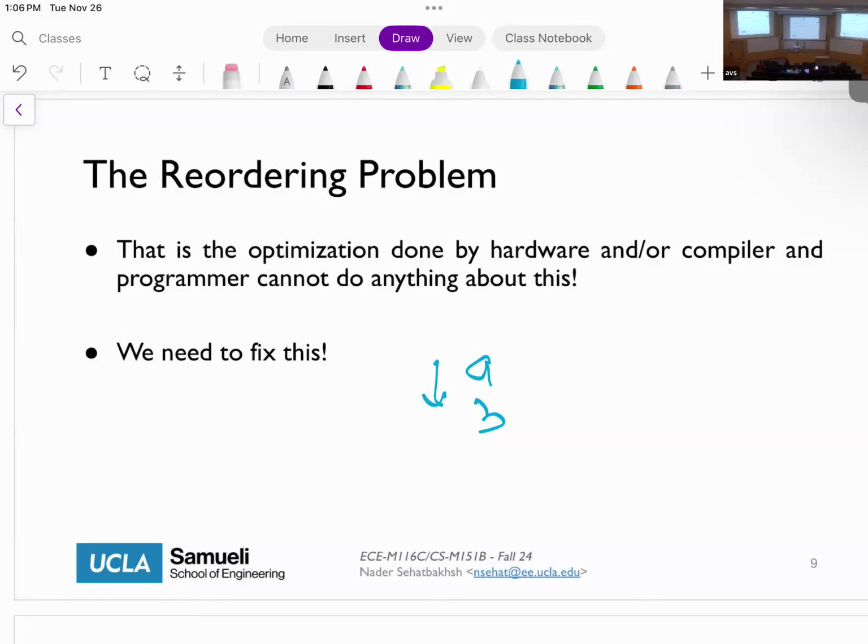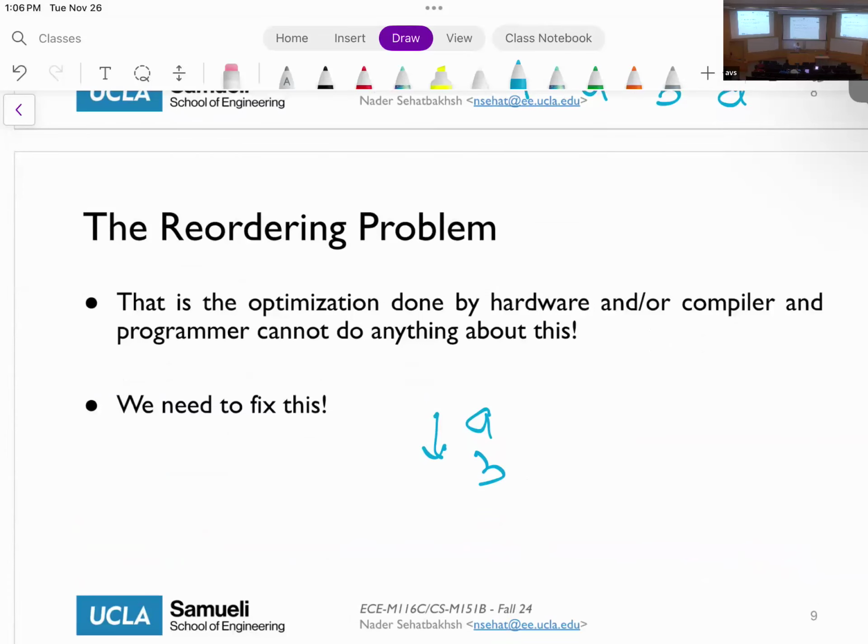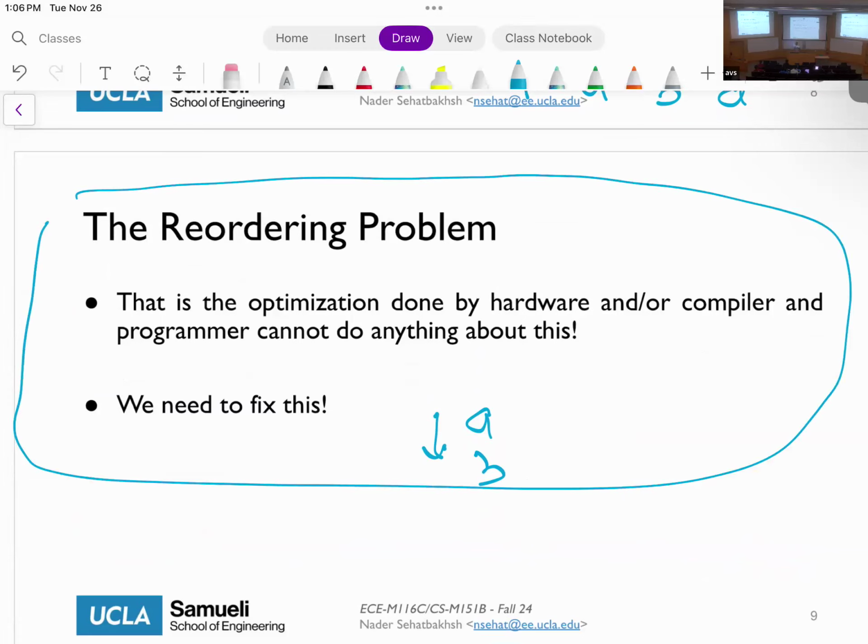Yeah, so there are these functional APIs that you can use from the operating system to fix this. All right, so we're actually going to talk about those. If you have no idea about parallel programming, don't worry. I'm not going to go through the details of writing a program, but we're going to give you these different primitives, tools to use. Before that, let's talk about this reordering problem, because that's something that we need to fix in hardware, okay?